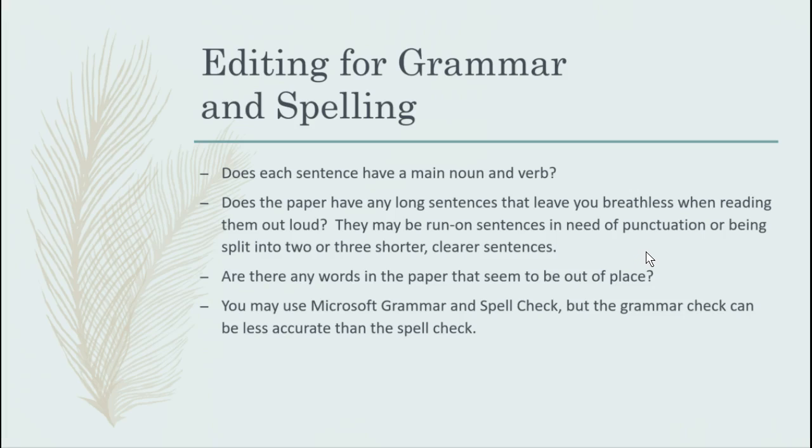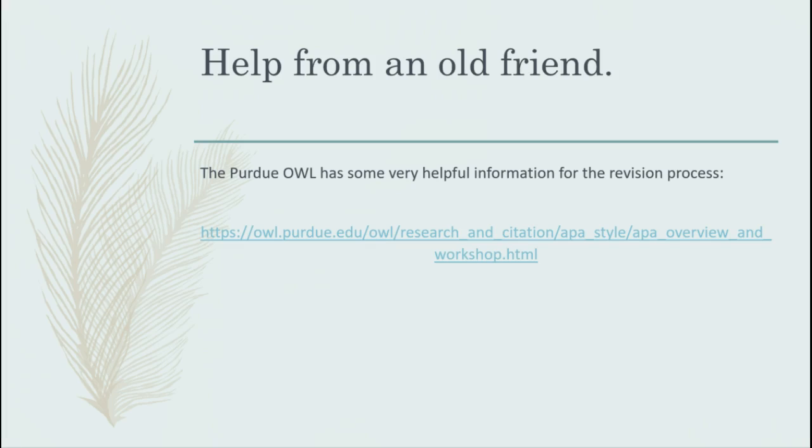Are there any words in the paper that seem to be out of place? You can use Microsoft Grammar and Spell Check, but the grammar check is never quite as good as the spell check, but it can help you catch things that you would like to fix. And then our friend the Purdue Owl has some very helpful information for the revision process, and I will be posting this lecture in PowerPoint format so that you can click on the links and get to the pages